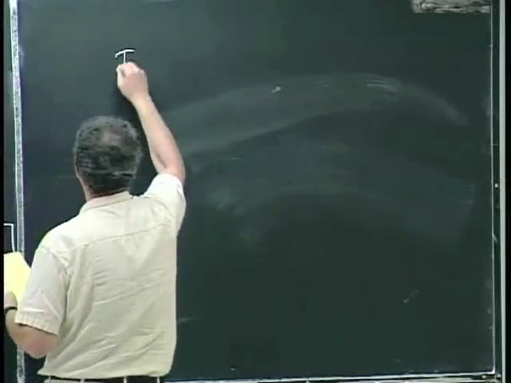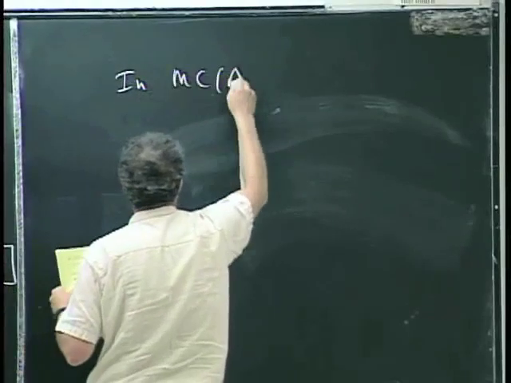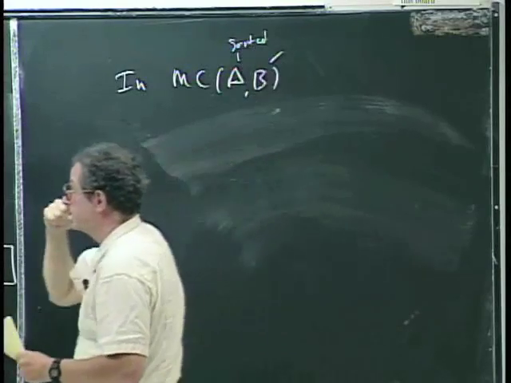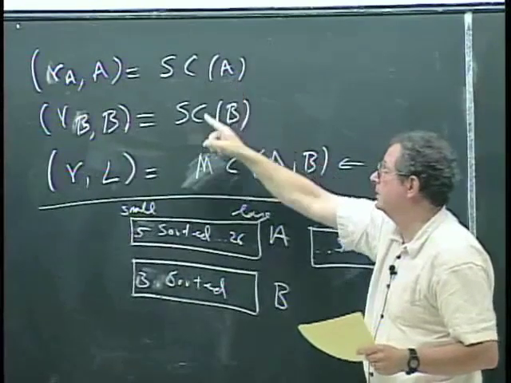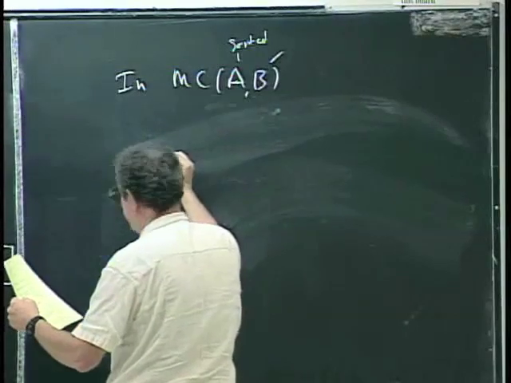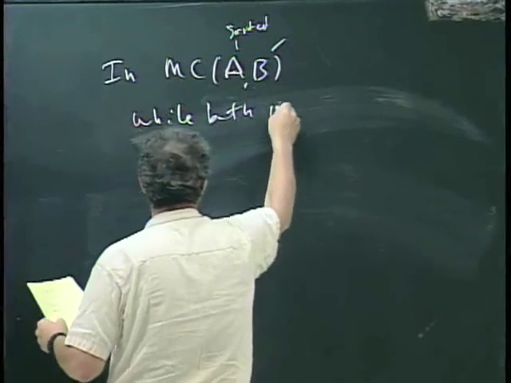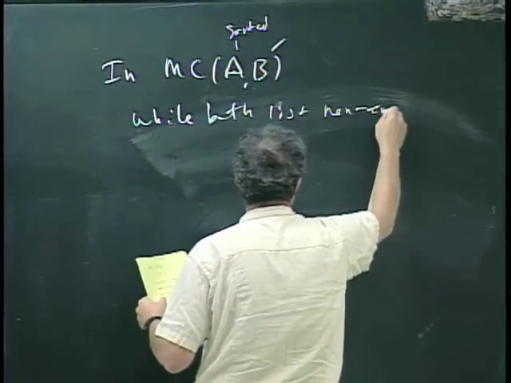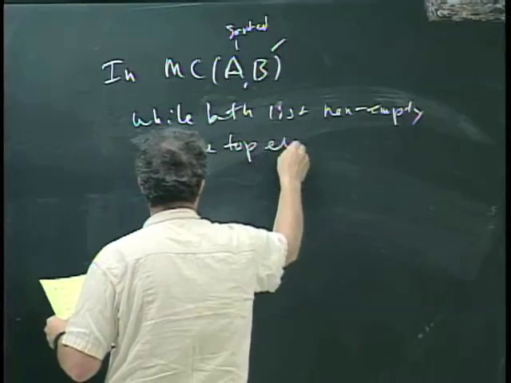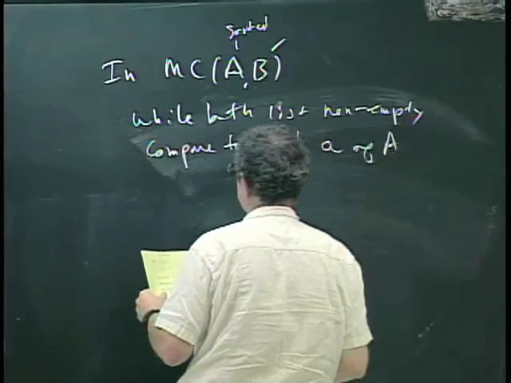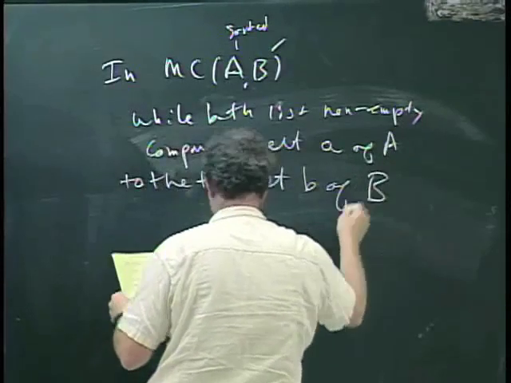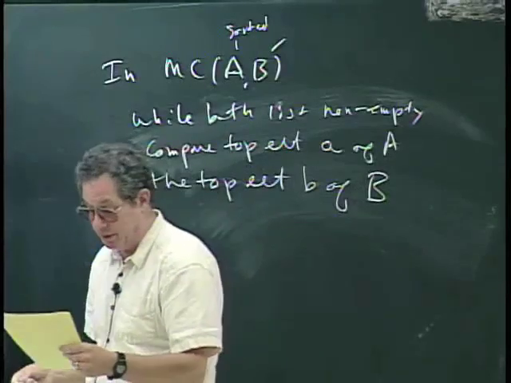When you're doing your comparison, so this is in merge count of A and B, and so A is sorted at this moment because we've already had a recursive call that sorted it, and we've had a recursive call that sorted B. In the merge count of A and B, well, first of all, while both lists are non-empty, okay, compare the top element, call it little a, of A, to the top element, little b, of B, and then writing down what we just saw by example,